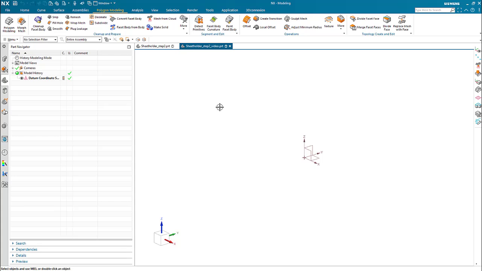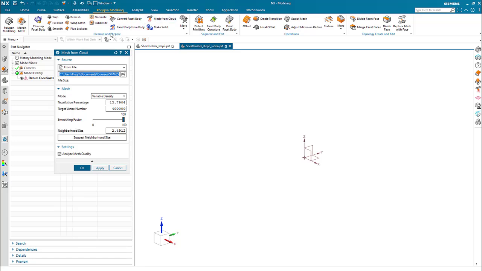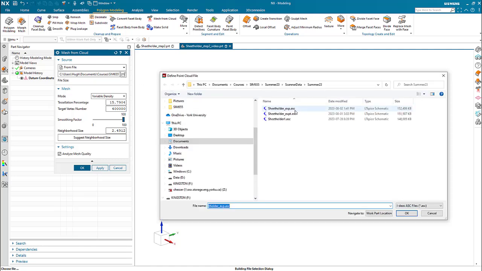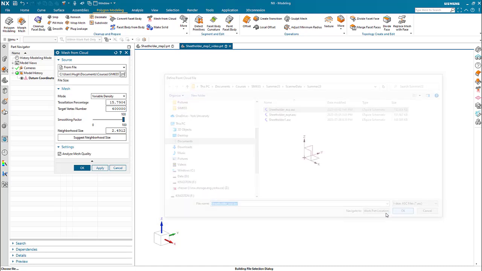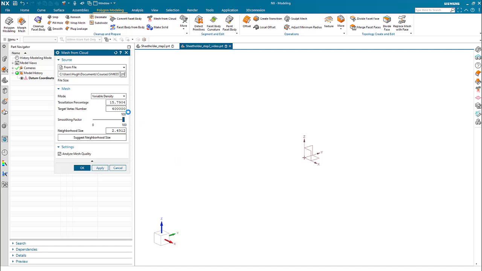So the first thing we're going to do is read in the scans. So we're going to read in a mesh from cloud. The source is our file, and so we'll browse to that exported sheet holder file that I created, and it's that ASCII points file. This takes a while, like a good 30 seconds, because there's about 2.5 million points in that set of